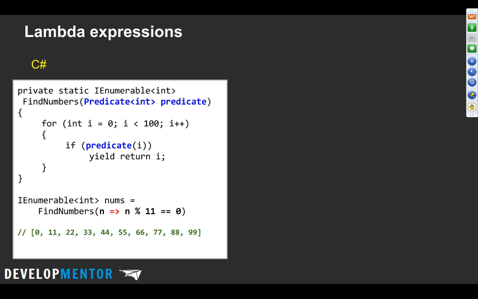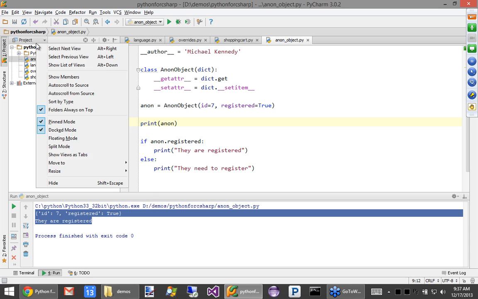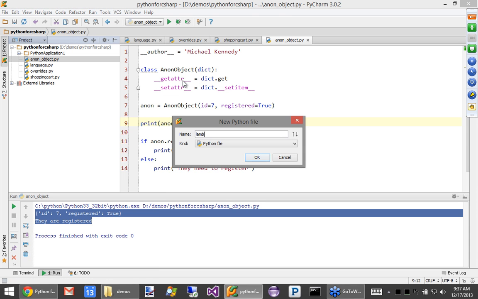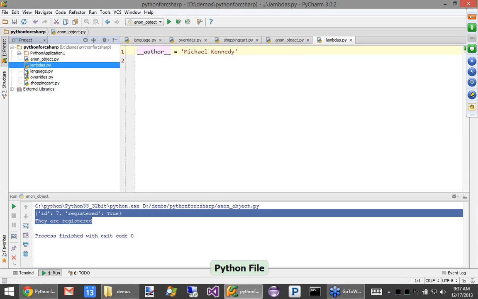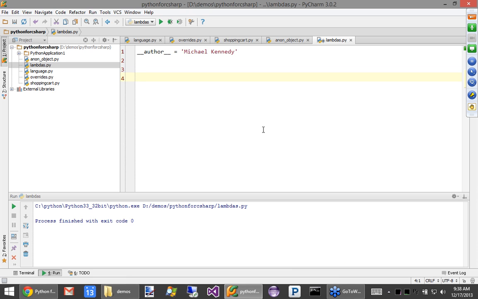So could we do something that's cool in Python? The answer is sure. So let's go over here to new file, lambdas. And let me just set that as the running target. Okay, so let's create the same method. You saw I had this FindNumbers method. So let's say def, what was it, find_numbers.